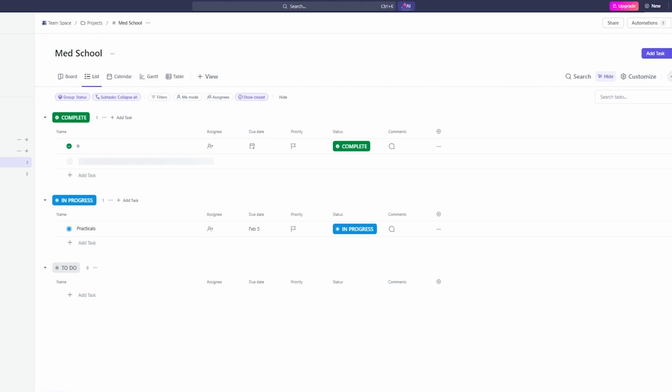Okay, so basically, the pros you could say about ClickUp is, first of all, it's a really nice interface. The interface is really clean. You can look around pretty well. The options and features are sectioned out pretty well. So assignee over here, due date over here, priority over here, and you have full freedom to roam across